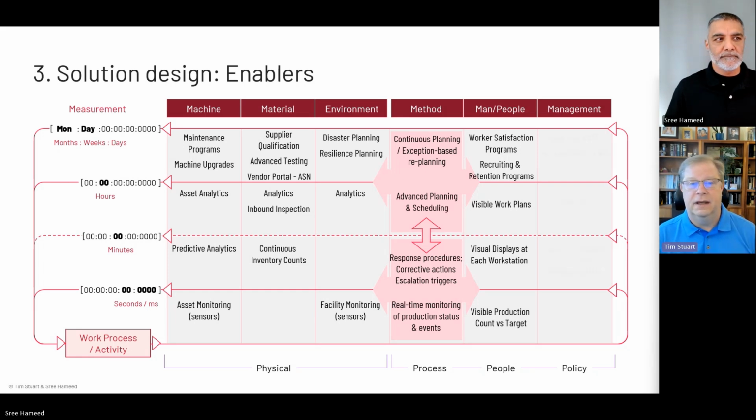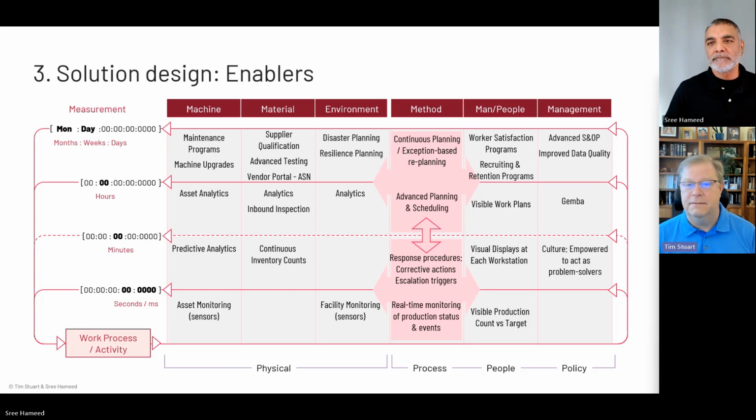In terms of management policies, improving the S&OP process and making that more real time at the supply chain level is important. And then supporting the continuous improvement culture by doing things like Gemba walks and making sure that people are adhering to the plan as much as possible, and setting a culture where people are empowered to act as problem solvers so that when we identify things that are happening in real time that are creating chaos, our people know how to address that and how to adjust and handle it.